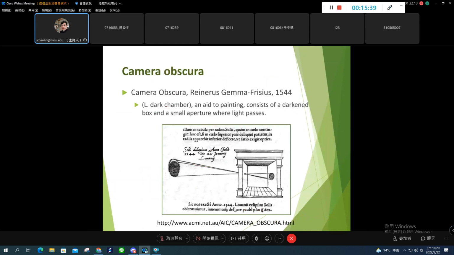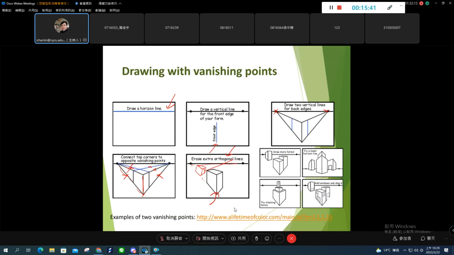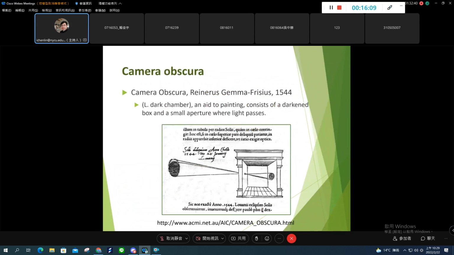Yeah, however, with this kind of restriction, we can only paint a painting full of parallel lines. For instance, this is a box, it has a parallel set. However, if you would like to capture the real scene without any parallel lines, this kind of trick may not work well. So in that era, around 1540 to 44, there's another